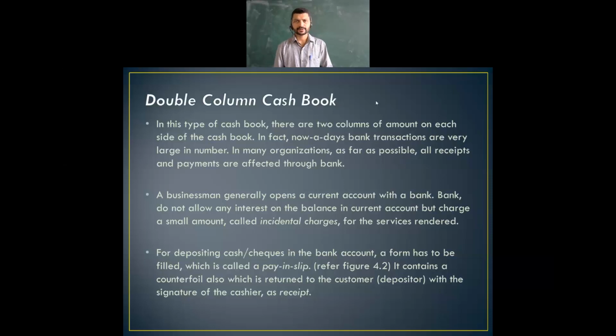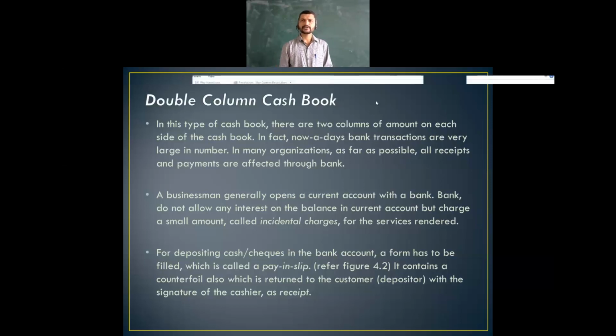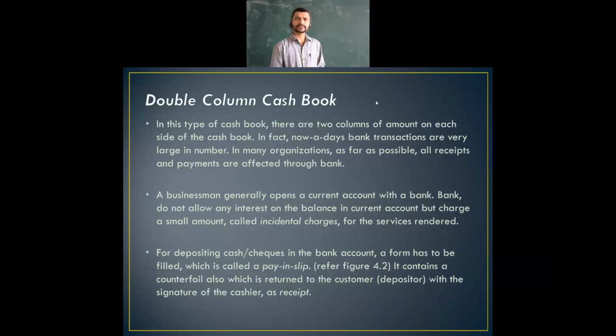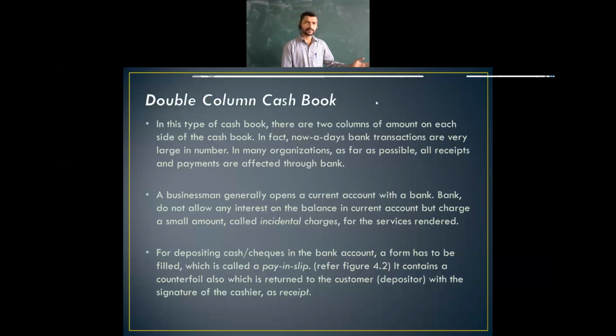So wherever you use banking transactions, you can make the payments in checks. Just write the check and give it to the dealer from whom you purchased the materials, or whoever has taken goods from you. That is, whatever goods you have sold to a person, you will be given the check. So directly you will get the amount transferred to your account. So the best option was the second one, the double column cash book.